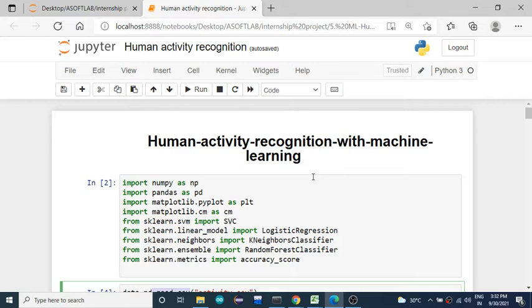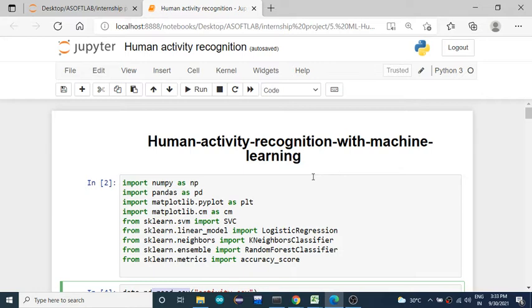Okay, split the features into dependent features and independent features, and in both kinds of features you need to split train data and test data. That means you need to have 4 data sets: independent train data, independent test data, dependent train data, dependent test data. Okay, so these many things you need to have.